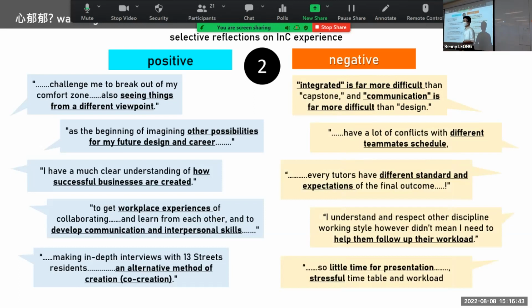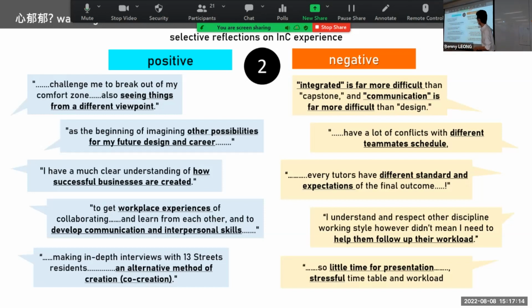Integrate, but it's easier as one person: you take care of your own time, your own work. But when you need to integrate, you have to do a lot of communication, right? How do you deal with that? Teaming, schedules from different disciplines, for sure. And also, we have a team of teachers, so you will be wondering who to listen to.